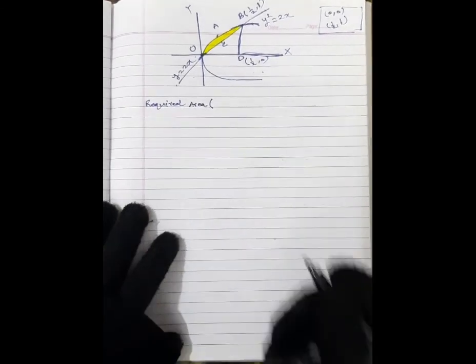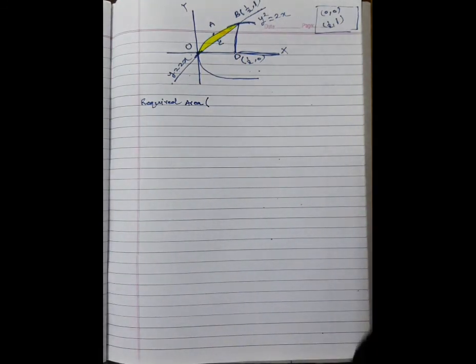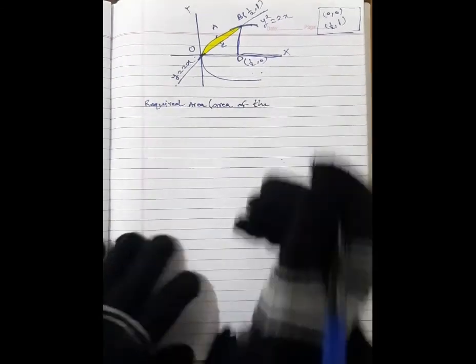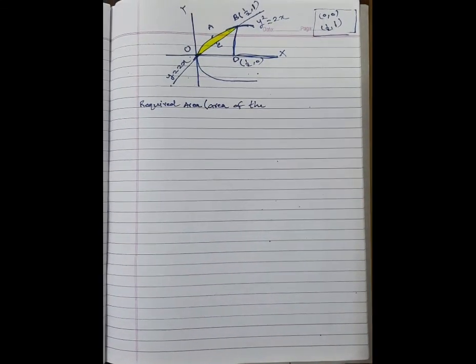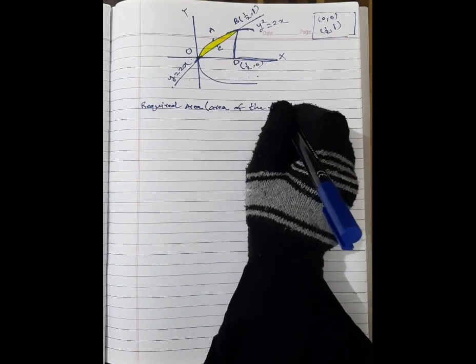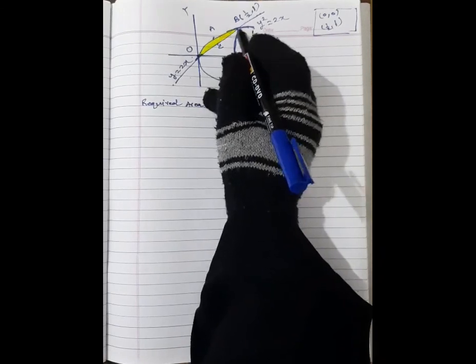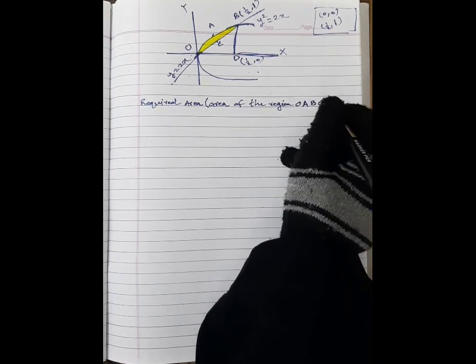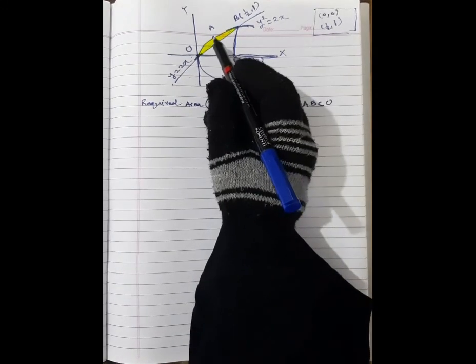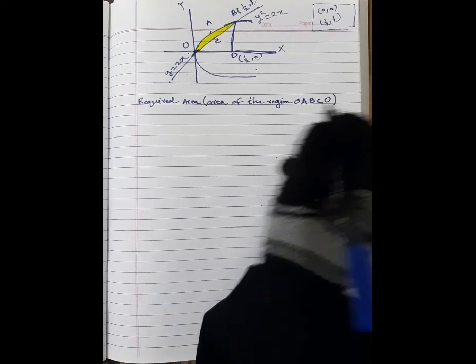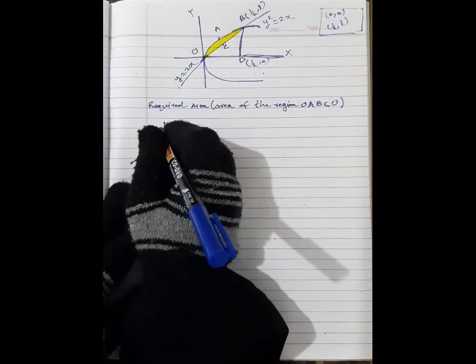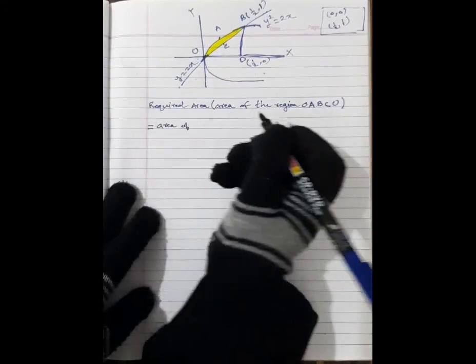Required area means it is the area of the region, what is the region? OABCO, which is equal to, means our required area is equal to the area of the region,